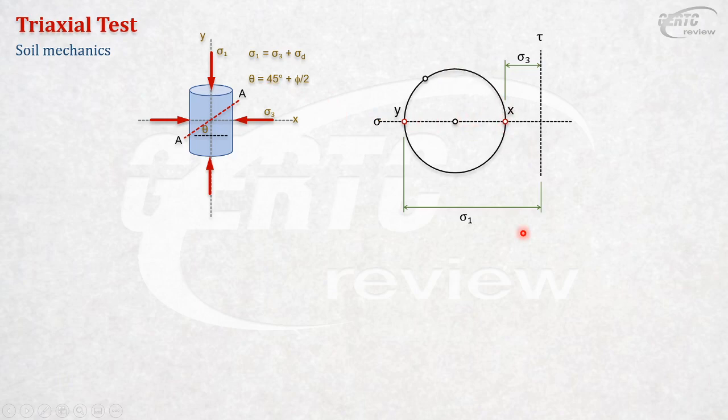Ayan. Okay? But that is not your plane AA. Your plane AA is here. That, okay, this is 2 theta. This is your plane AA. That is your point A. Alright? The coordinate of that defines the normal and shearing stress on that plane. Diba? So 2 theta din yan. This is the normal stress at the plane of failure,